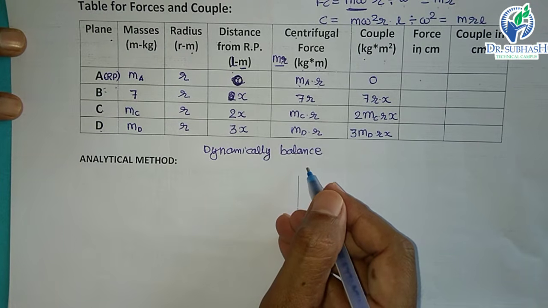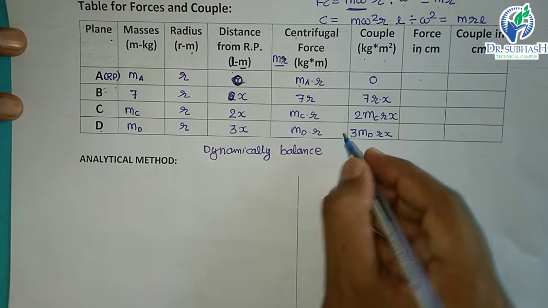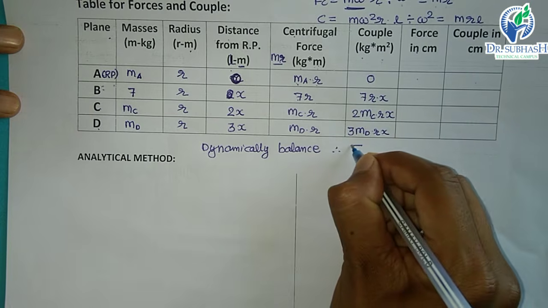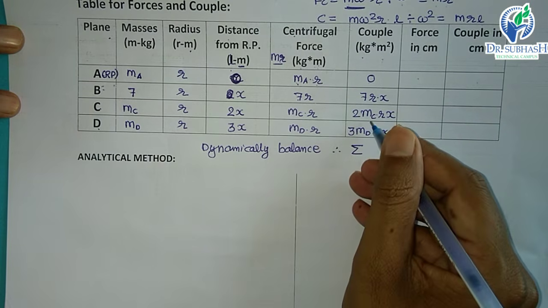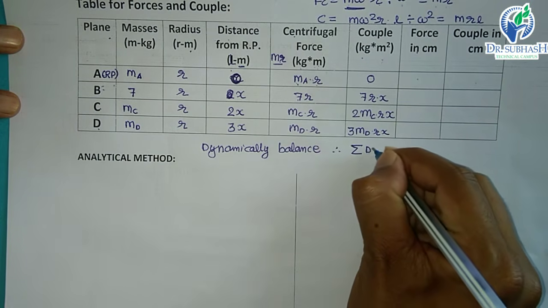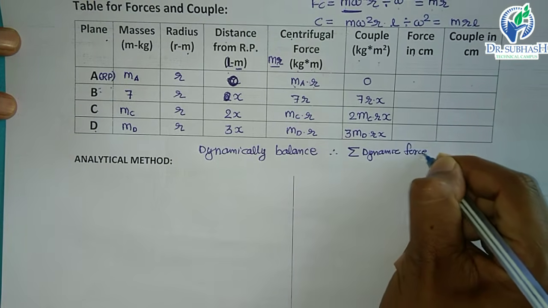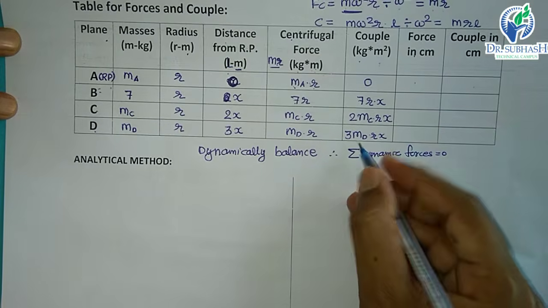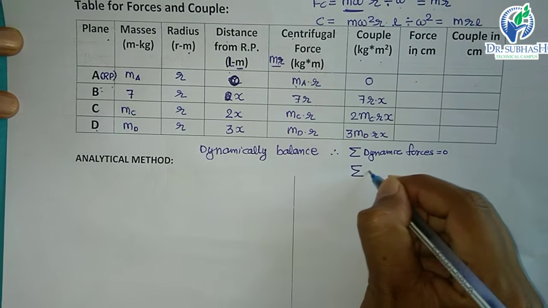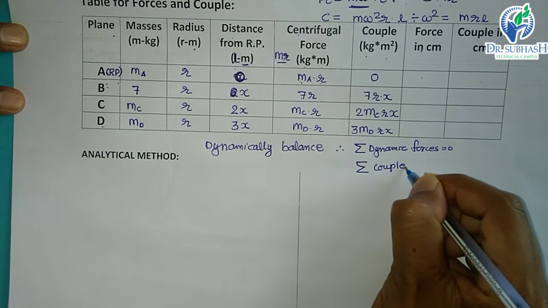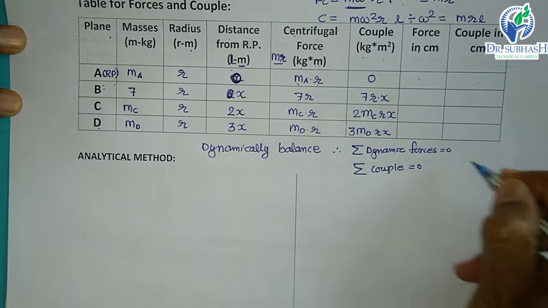And we know that if a system is dynamically balanced, then two conditions must be satisfied. First condition is all the dynamic forces acting on the system must be 0. And second condition is all the couples acting on the system must be 0. If we consider the first condition,